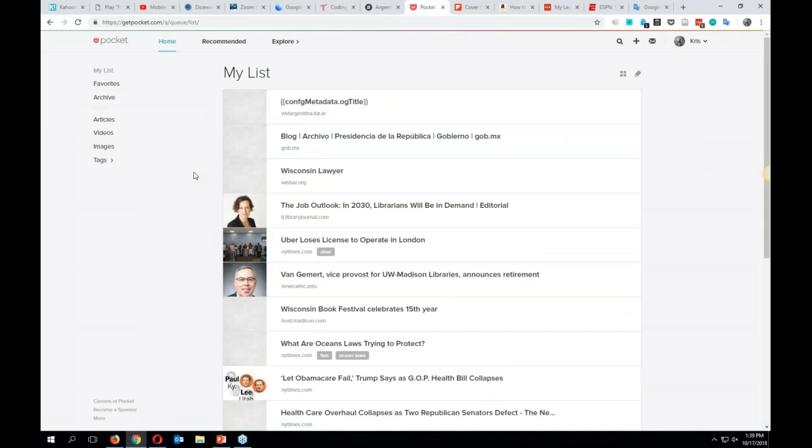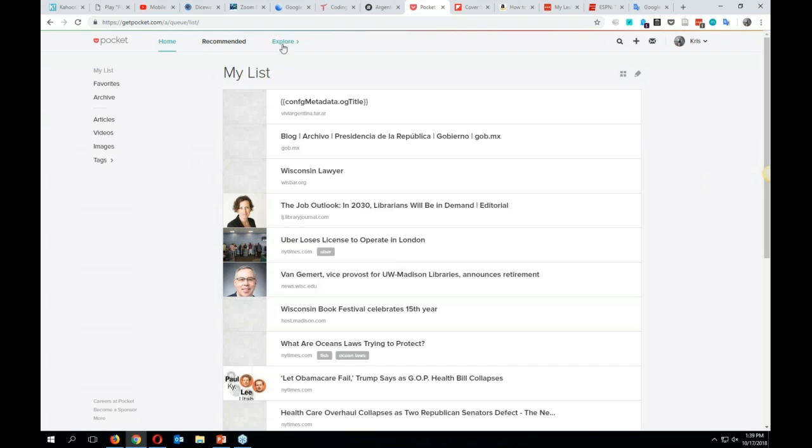The great thing about Pocket is it's available across all your devices. So if I have Pocket installed on my phone, which I do, I can find all these articles on my phone, and I can read them later, even if I'm offline. So if I was at an airport or on a car ride, for example, and I saved all this stuff to Pocket and I didn't have a connection, or I didn't want to pay for a connection, all these articles are saved in Pocket, and I can access them while offline. Really great, really useful tool.